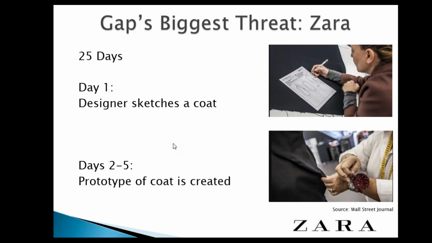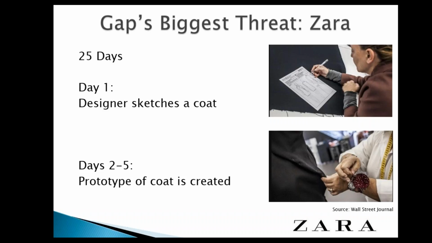So let's say the vest, or in this case a coat, is the big hit, right? A blogger wrote about it, Vogue wrote about it, some celebrity was wearing this particular vest, and then everybody had to have it. So Zara can get it to market in less than a month. Whereas the Gap, the minimum would probably be 3 to 6 months, because everything just takes that long. So here's a kind of pictorial.